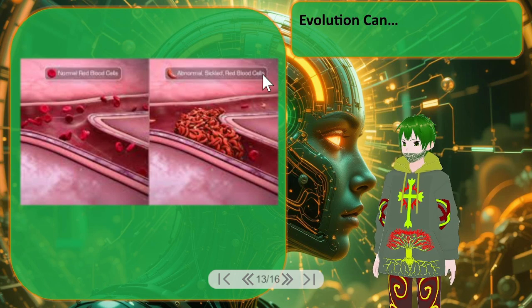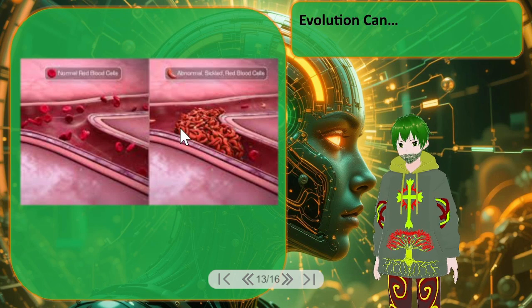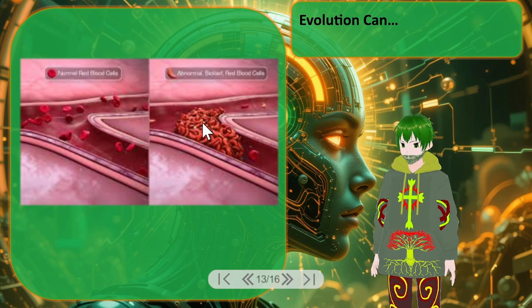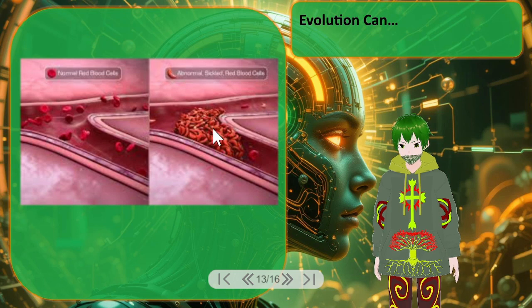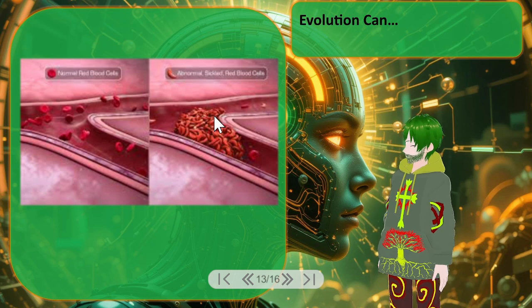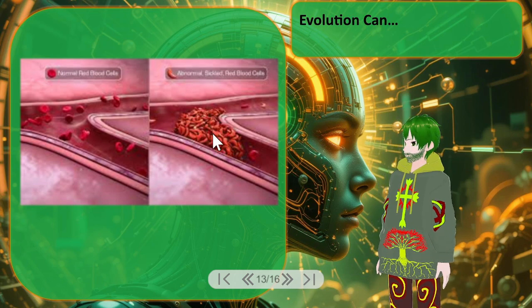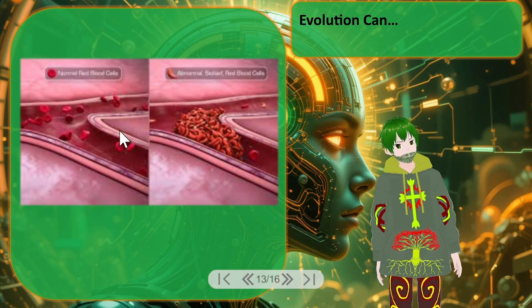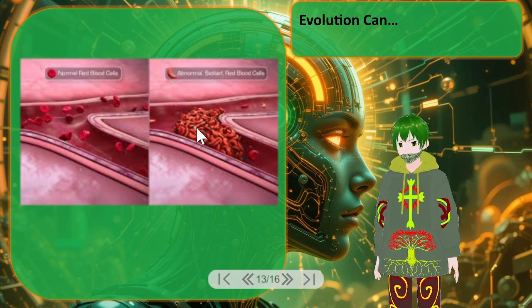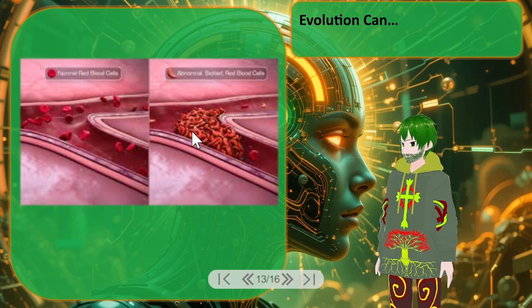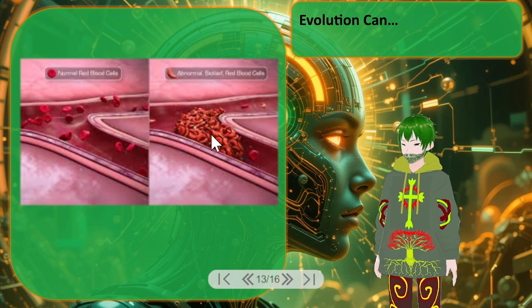Now, sickle cell anemia is not a benefit. It is a genetic defect that can cause blockages like the one shown in this picture here in blood vessels, and can cause things like strokes and heart attacks. It is not a healthy condition, but it does give you partial immunity to the malarial parasite because malaria cannot attach to a single sickle cell. It can attach to healthy red blood cells, but not sickle cells.